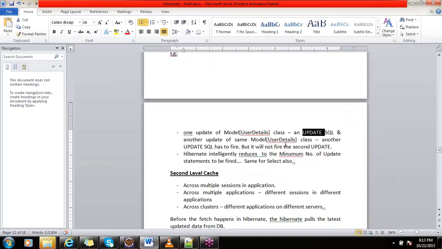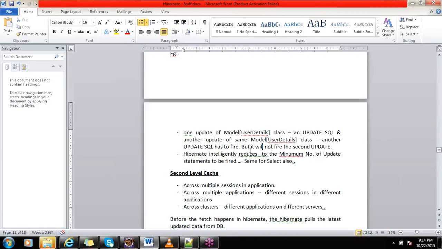So you are setting a name for a particular object, right? Whose ID may be one, for example. Because if you are updating an object, then obviously there should be one object, right? Particularly what object, you should be able to identify, right? So here you are performing an update on your model class, say user class, and an update SQL query would be performed by Hibernate, right? On the same object, assume, on the same object that is user ID which has one, okay? You perform another update,